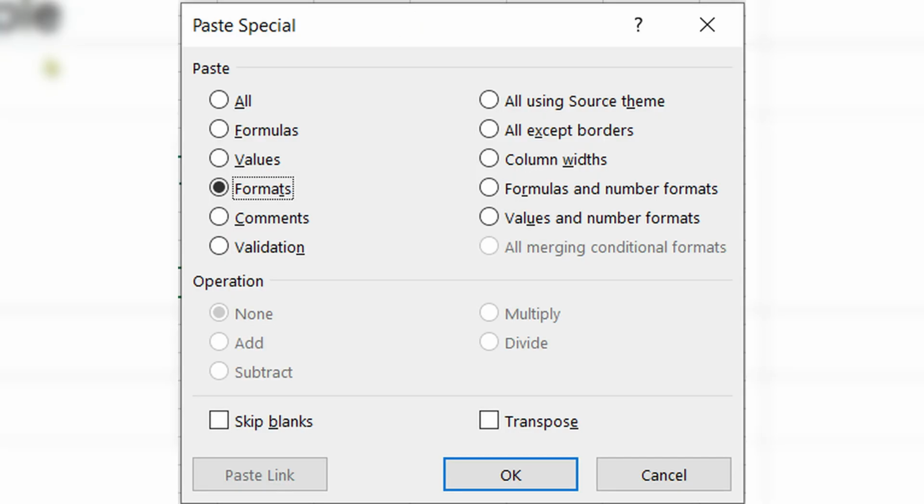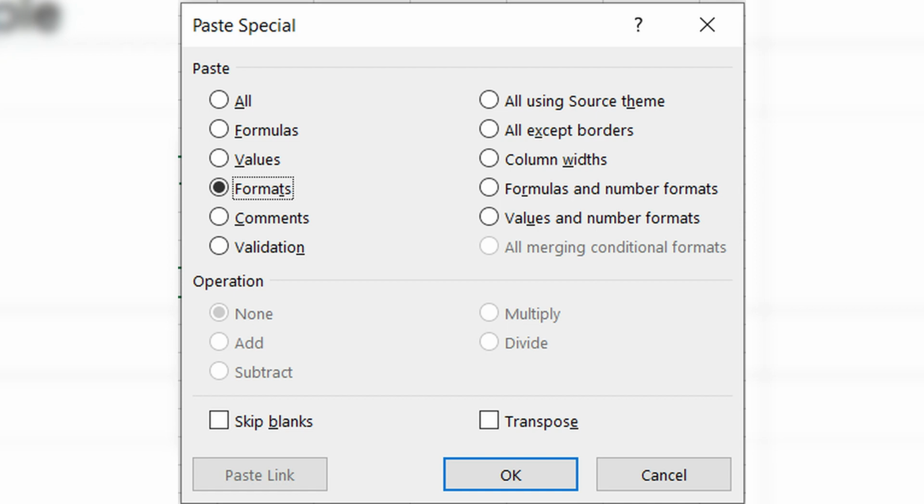Now if you see, this says paste special. So basically it is the same thing which you would have otherwise right clicked and gone to paste special, and then this window would have opened. In this scenario, it says all would also copy the values. Formulas, if there is a formula. Values, just the value, paste special values, which means it will remove everything, whether it's a formula, formatting, anything, and paste only the values. Formats is the one I was talking about. If I do this, it will make it bold and red. Comments, if there are comments you want to copy them.